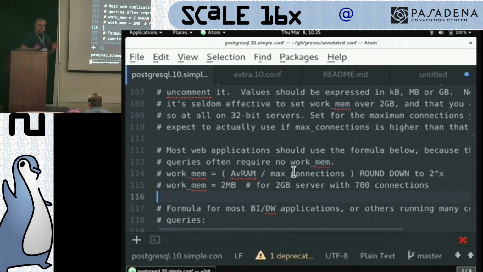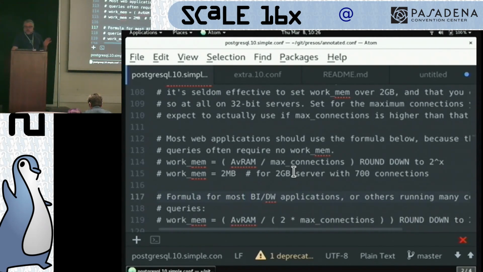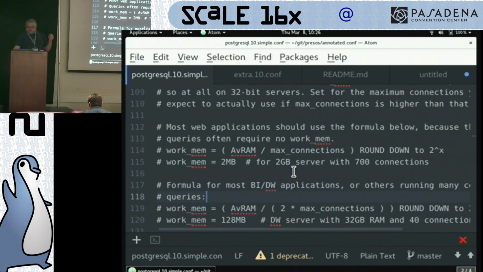So in order to calculate this, you need to actually figure out what's a rational setting for this before you start responding interactively to things. You need to have an idea not just how much RAM you have, but what kind of workload you're running in this database server. Because if you have an interactive application workload, like a web application workload, that has hundreds of connections, then you're going to be setting this really low. Because first of all, most of its queries should be primary key lookups, which require no work memory at all. And second, you have a whole bunch of concurrent connections, so allocating a bunch of work memory is kind of